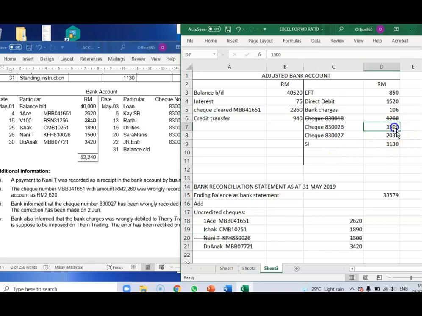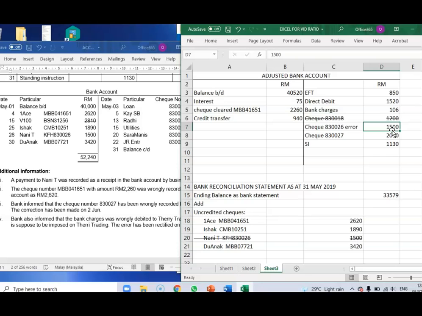830026. It's here, right? So this amount has an error. So you put the name of the error here, okay? So the error is actually